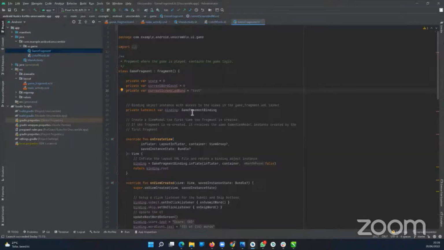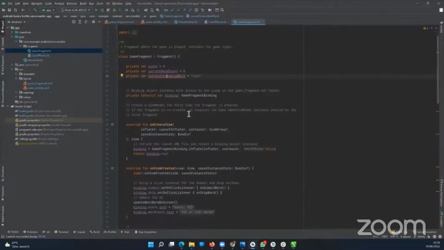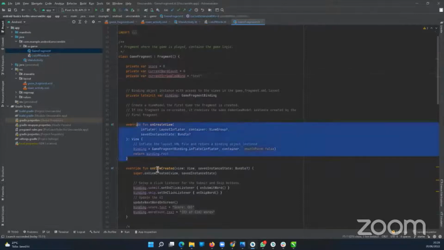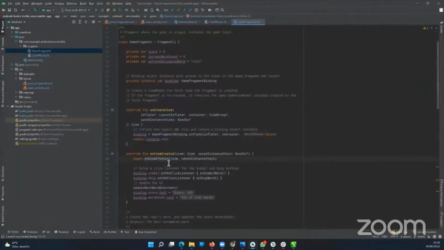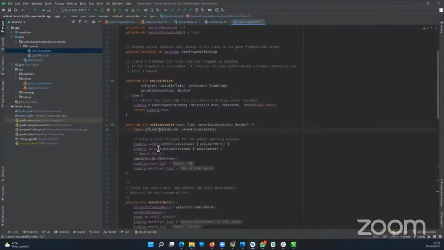Then, of course, we have our binding instance, which you already know about, to access our game fragment.xml. Here we're calling it binding. Then, of course, we'll create our view model and the like. Well, you know about all this. And you know about the onViewCreated. In the onViewCreated, we have our click listener on the submit button, and then we have a function to submit the word. We have a function to skip the word,